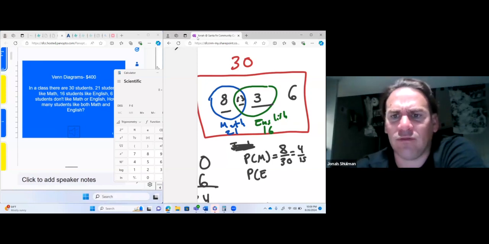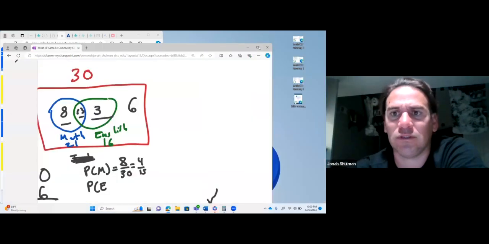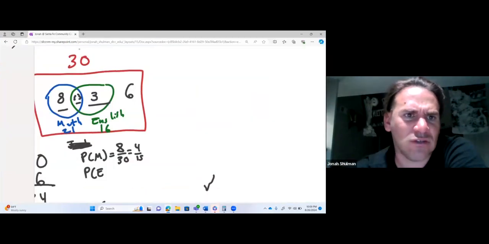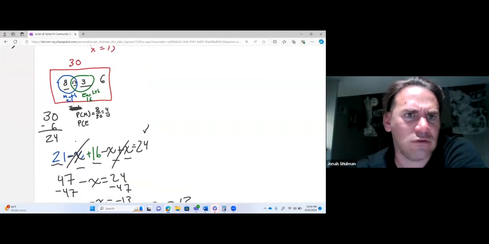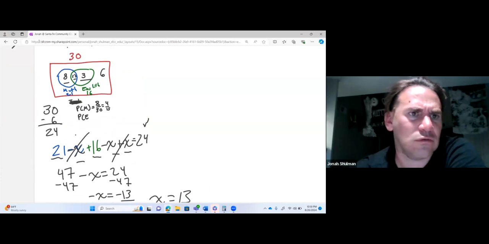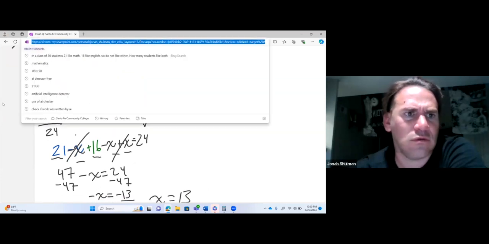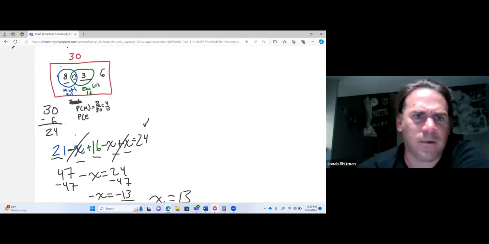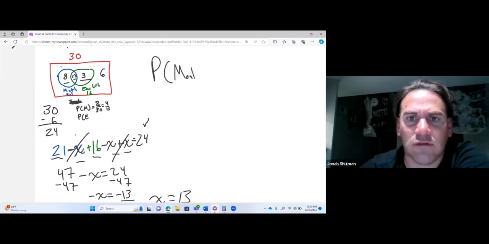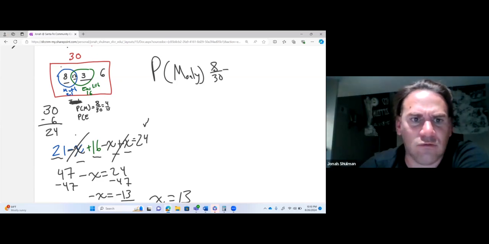This is all of math, though, if I do it that way. Sorry, I made a mistake in drawing it. I just need some more space. So here, let me make this bigger. I just want the notation to be nice and pretty for you. I'll just rewrite it. So probability of math only, and that is 8 out of 30, which is 4 out